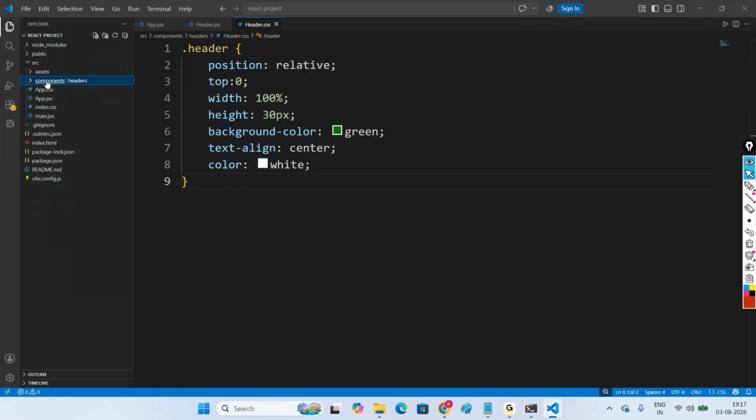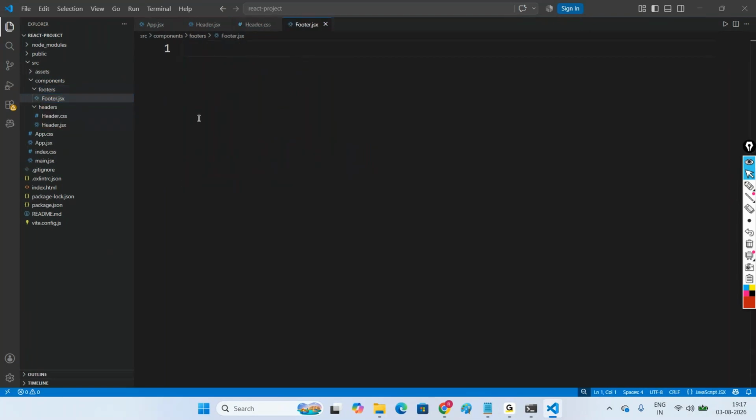Under the components folder, let me create a new folder, footers. Under footers, let me create a new file, footer.jsx. Now, here, create a function, footer. Right here, return. Here, you take one div, and let me go with the h3, copyright,